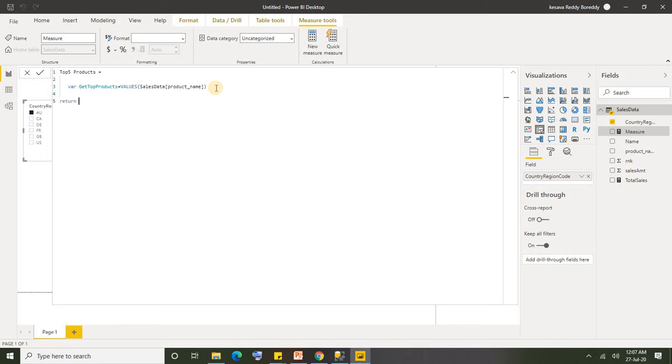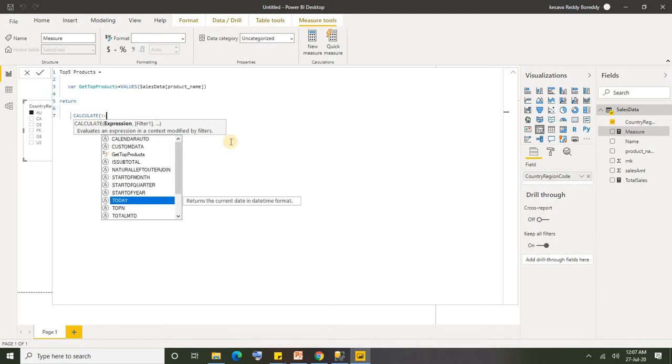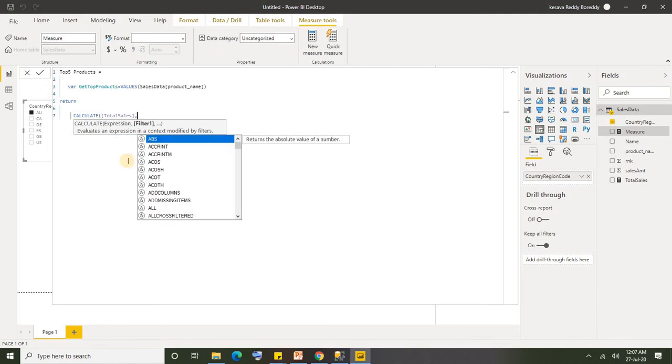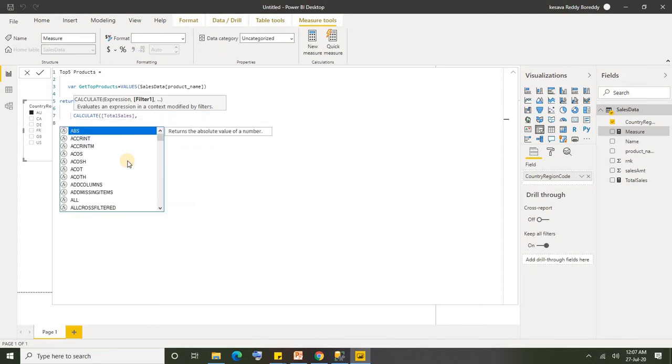The return value should be CALCULATE. What should I calculate? I need to calculate sales, which I already calculated as total sales, by filtering with what? Filtering with the top 5